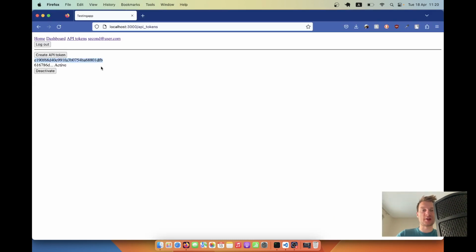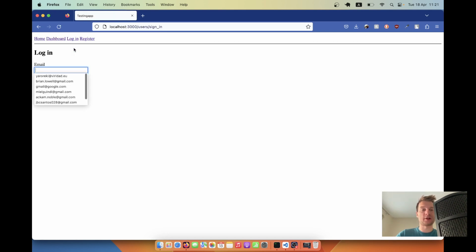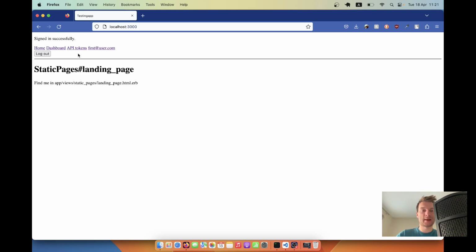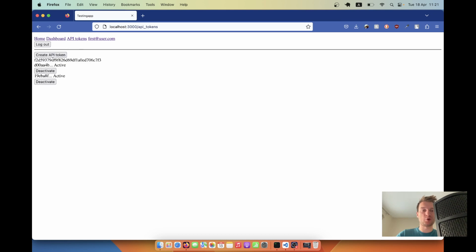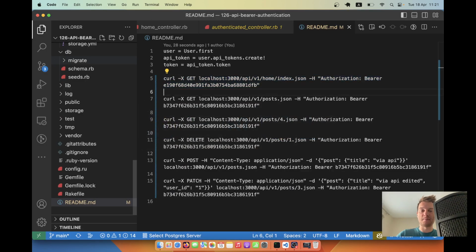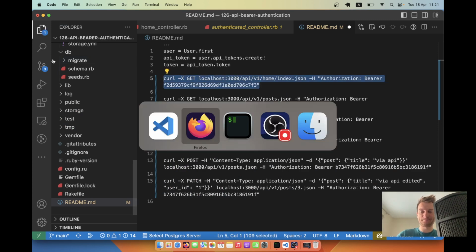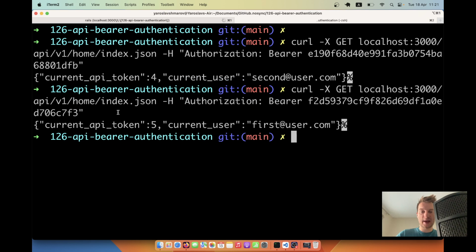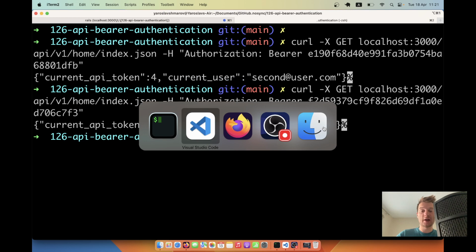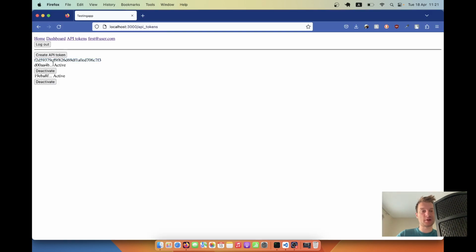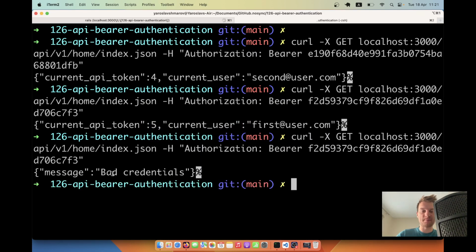I can try doing it with another user, so I will log out, I will log in with another user, I will create an API token, again I will make a request with this API token, and here you see I have authenticated in the API with another user. Let me try disabling this token. I will refresh, I'll deactivate the token, I'll make the request once again, and you see bad credentials because the